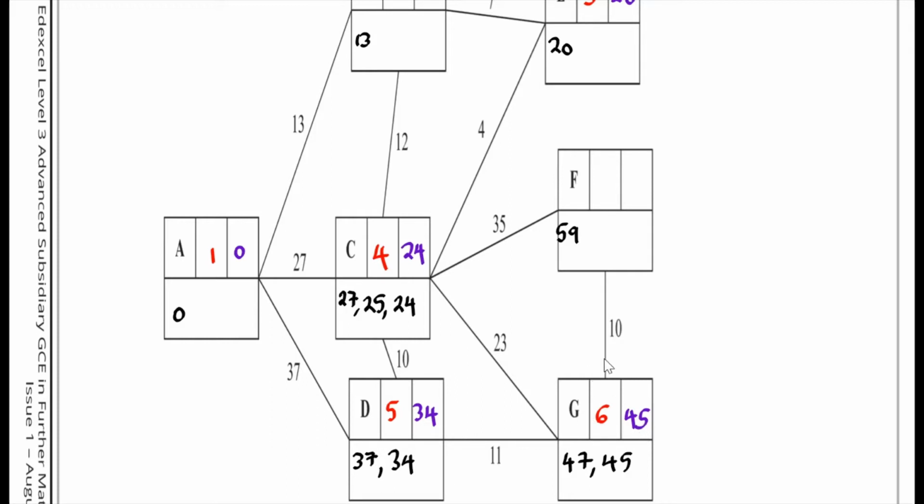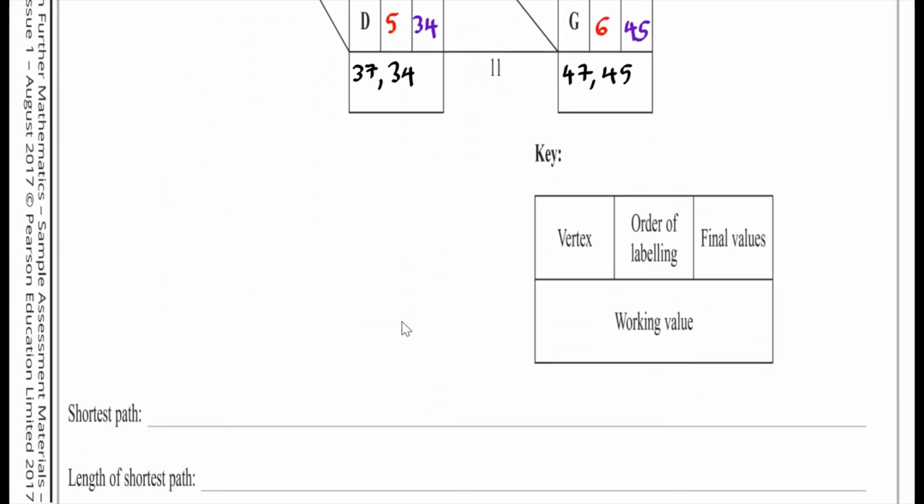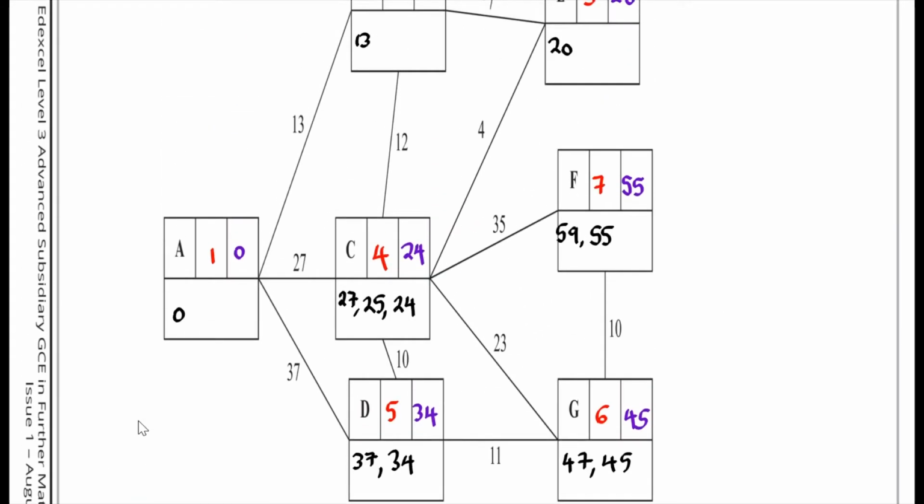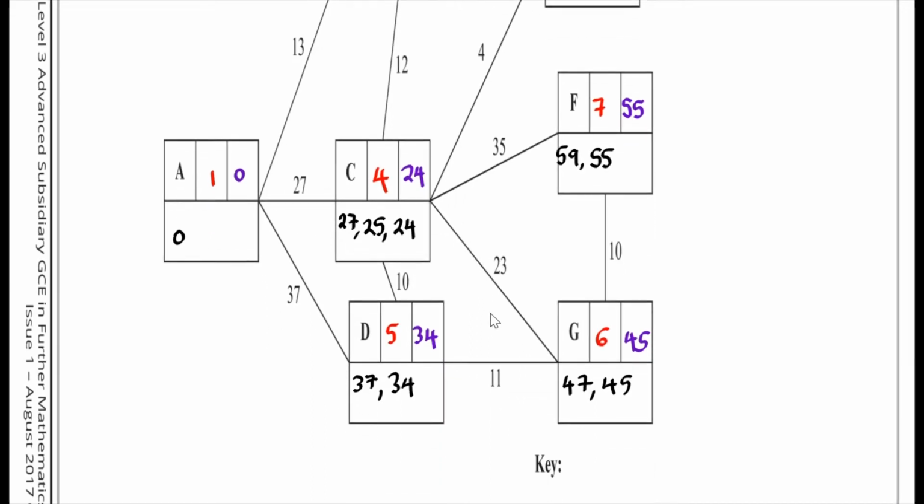Now 45 plus 10, that's 55. So 55 is the smallest. We take this inside here and then we label F with 7. And therefore, in terms of the shortest path, we want to end up at F. So if we work backwards from F,